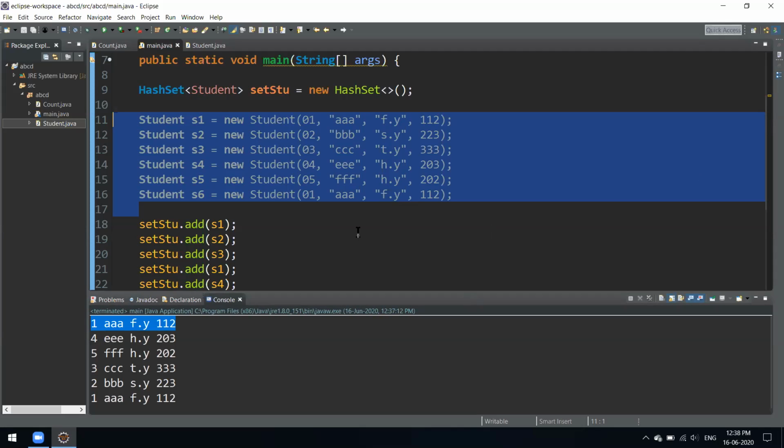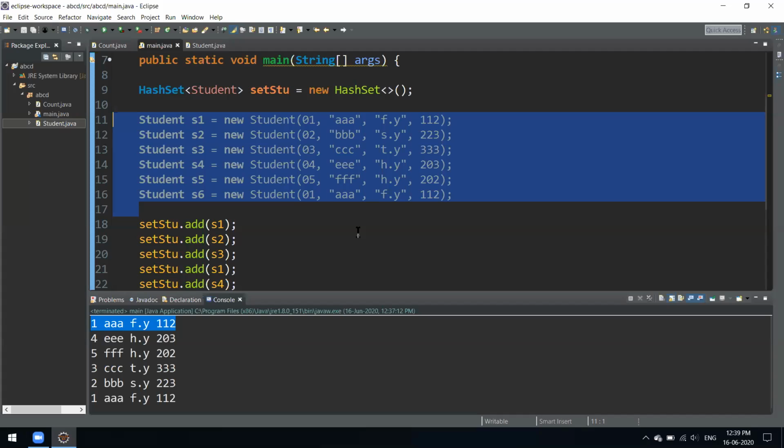Linked hash set is also similar to a hash set, but linked hash set provides all the optional set operations and permits null elements also. So this is one thing about linked hash set.